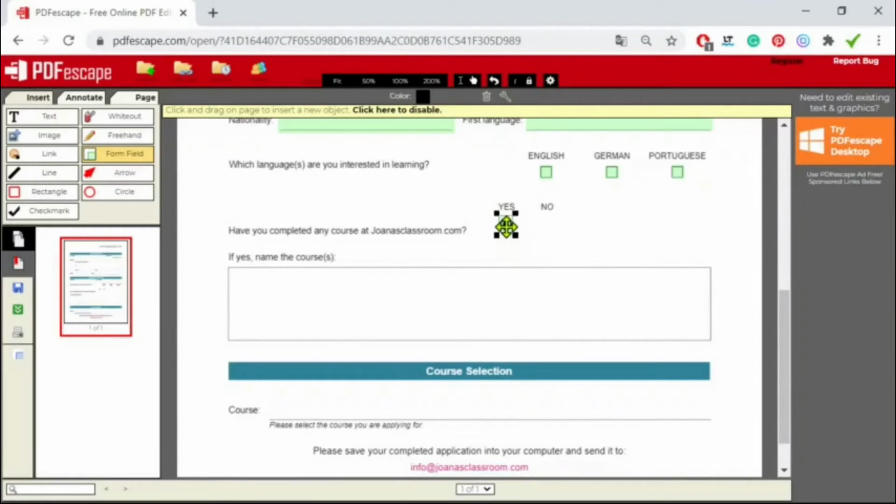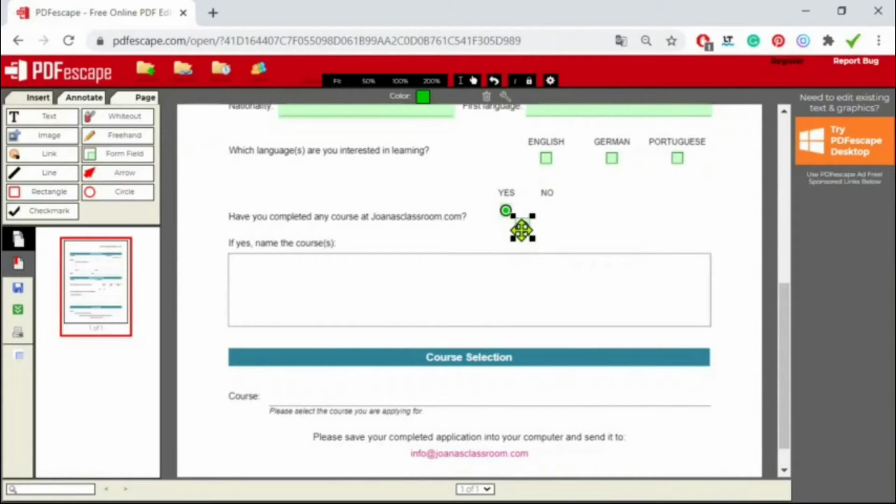So radio, or these little, it doesn't have to be that big. Okay, this is not the only shape you have. So you can resize and drag it just like any other box in your form. And what else can you do? Well, I want to use green for this one. Now I'm going to hit duplicate and I'm going to drag it here. But I want red for the negative answer. Okay. So we have a green yes and a red no.